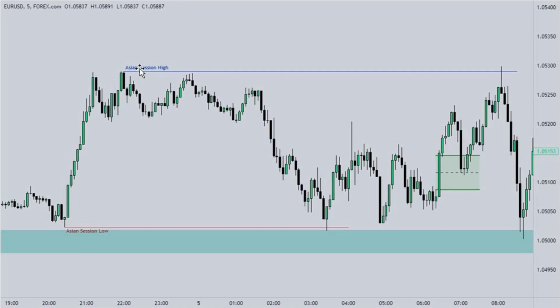of Asian session. And for those who don't know Asian session time, it's 22 midnight open. So here is the lowest low of that Asian session, and here is the highest high of that Asian session time period. And when you see this type of